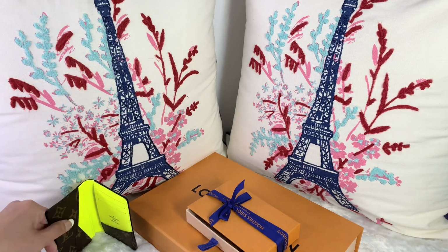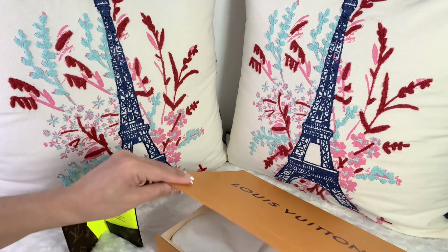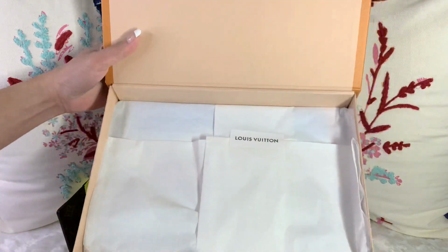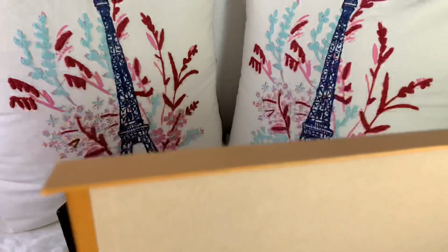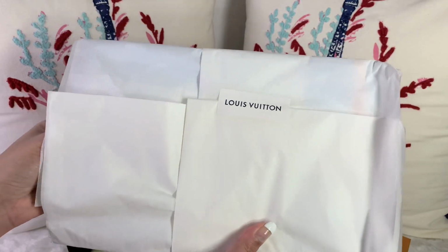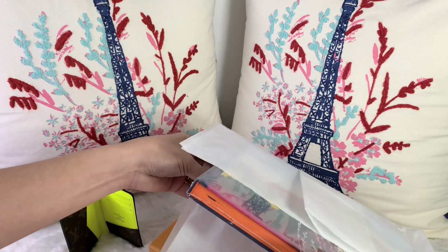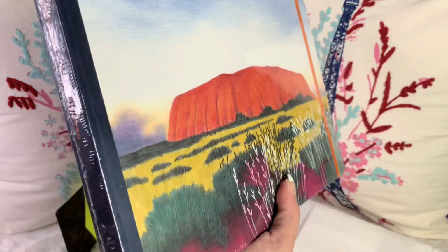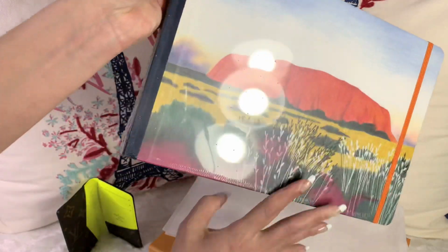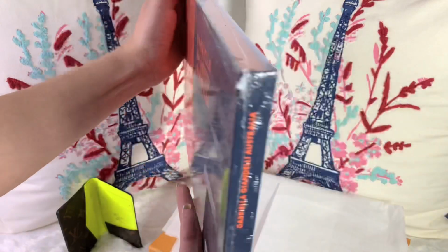But anyway, I also have another item here. I also picked up this item, and they put it in this Louis Vuitton tissue paper. Okay, how can I take this one? Okay, so this one is actually wrapped beautifully. So let me show you what I also got. This is a new item, a new travel book from Louis Vuitton, and this one is Australia. Wow. As you guys can see right here,